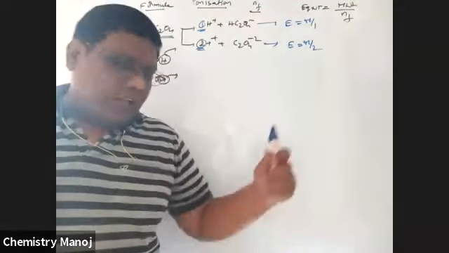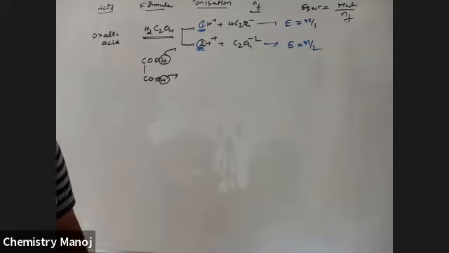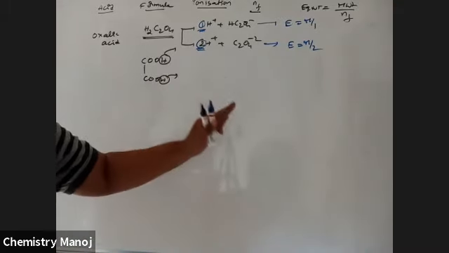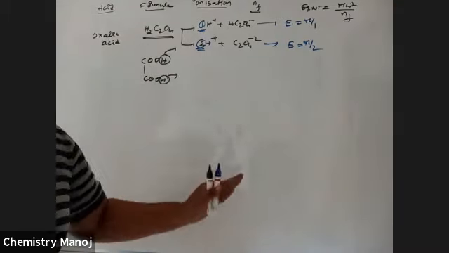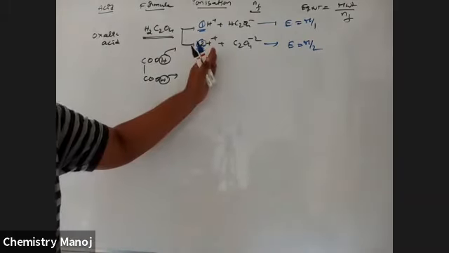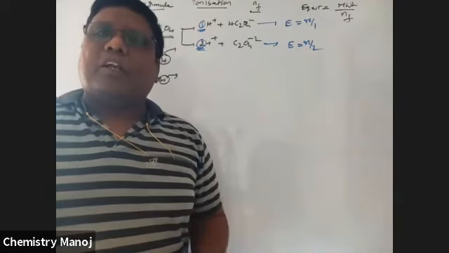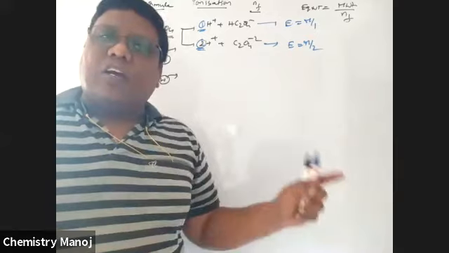So what is n factor? That is the replaceable H plus ion, or number of H plus ions released by that particular substance from 1 mole of the substance. So n factor for a particular substance is not constant. It depends on the nature of the reaction. If n factor is not constant, automatically their equivalent masses are also not constant. Molecular mass of the particular substance is constant, but not their equivalent weight.